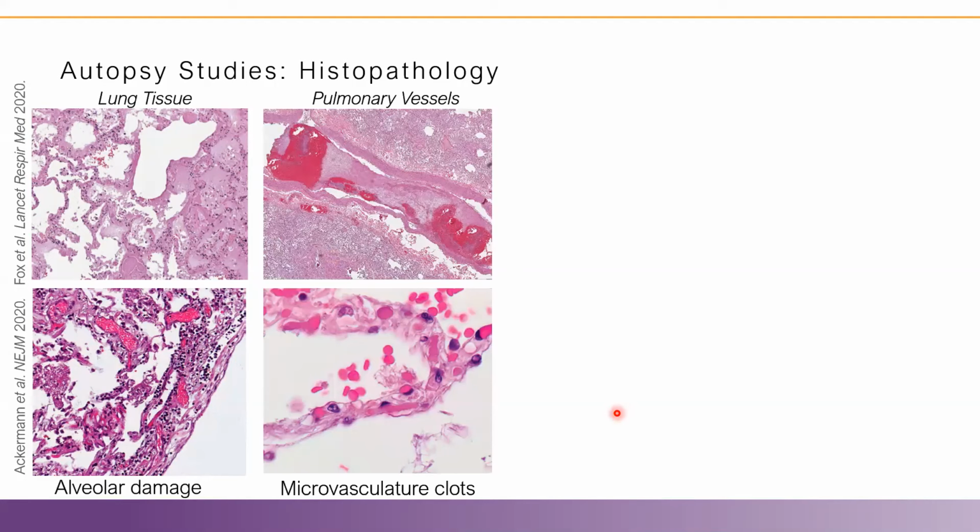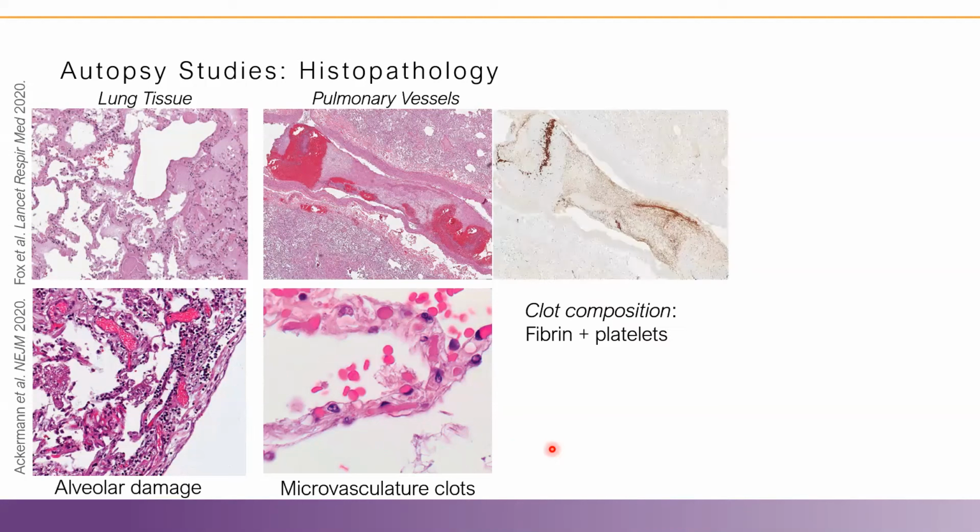And both studies also investigated the pulmonary vessels and showed clots within the microvasculature within the lungs, as one large clot shown here, and clots throughout the microvasculature in this slide. The study in the top row also performed, I believe it's CD61 staining to investigate the composition of these clots, and we're able to confirm that the clots were indeed composed of fibrin and platelets,